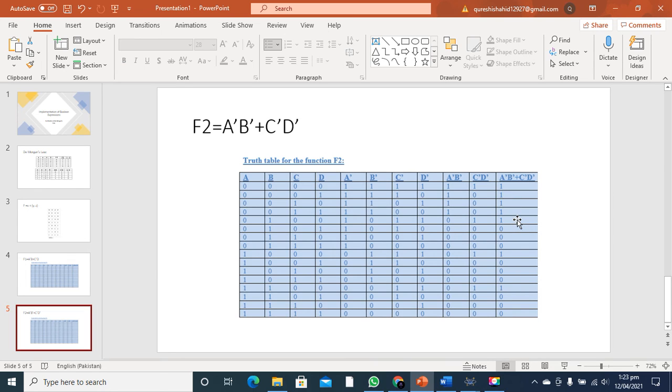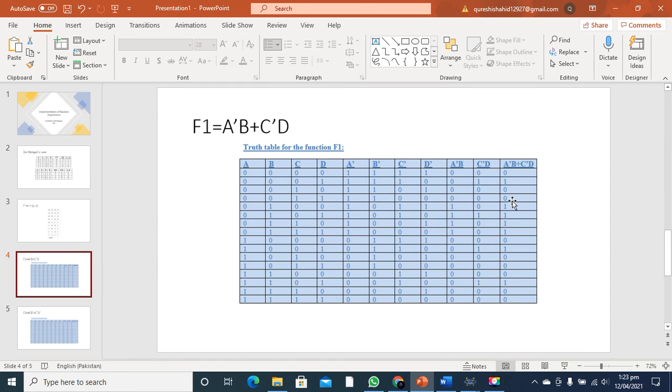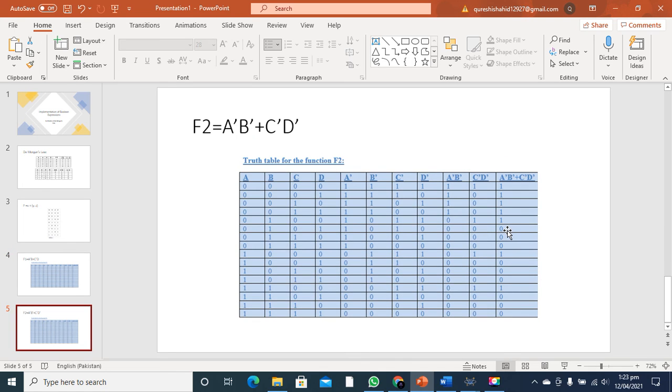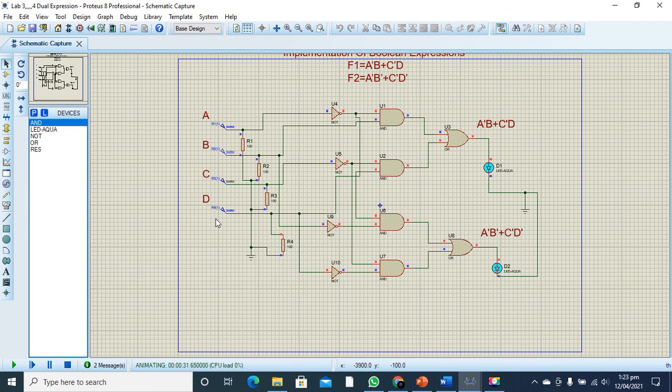So let's find some logic in which we find a difference. So if we apply 0 1 0 1 at an input, then see what happens.